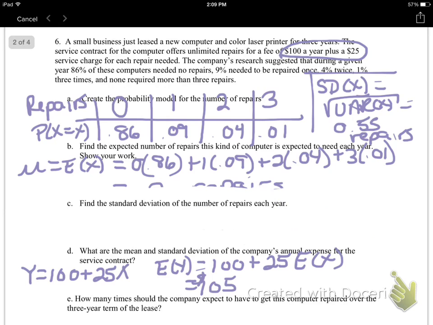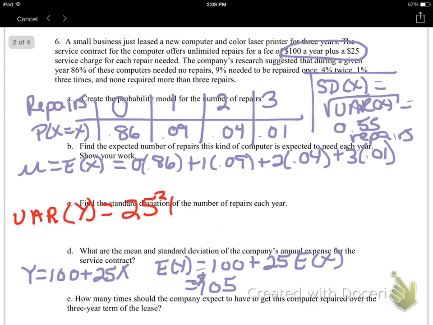I'm running out of room here. That's not good. Let's just change colors to change things up. Okay, so now I'm going to find the variance of y, which is equal to, now remember the 100 goes away, so it's going to be 25 squared times the variance of x. Okay, so 25 squared is what, 625? The variance is going to be 0.55 squared, which is 0.3025, times that by 625, and I get